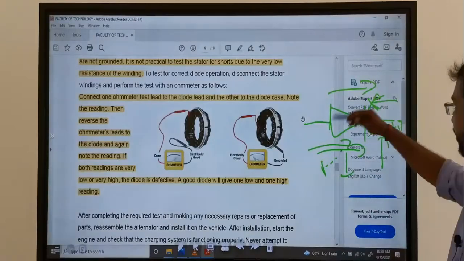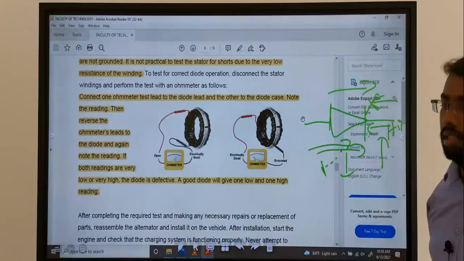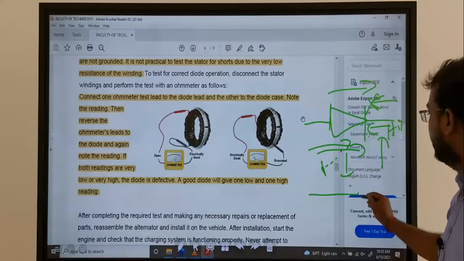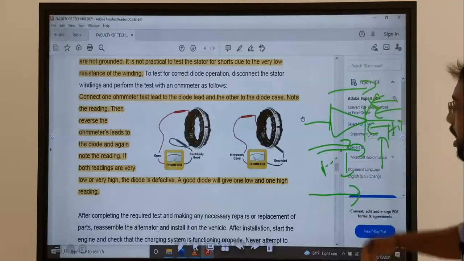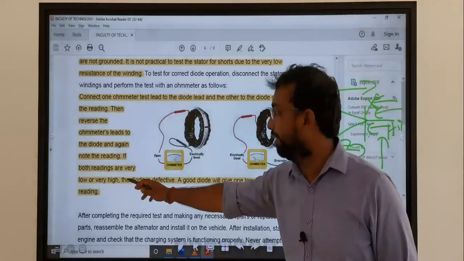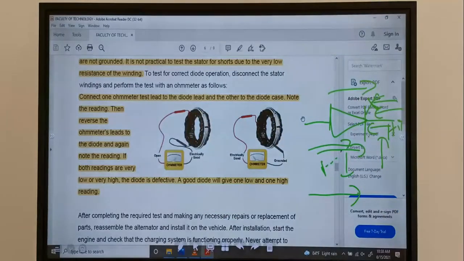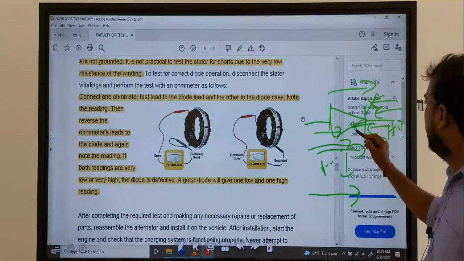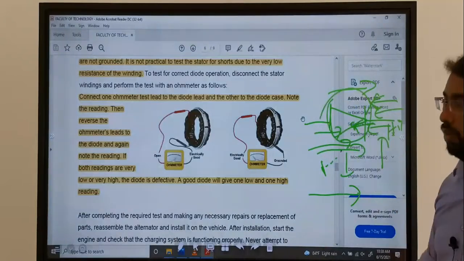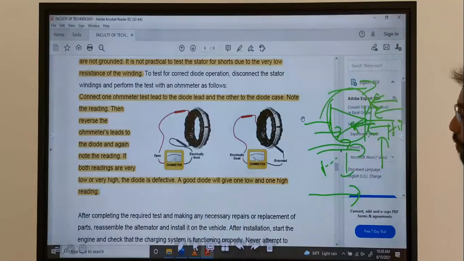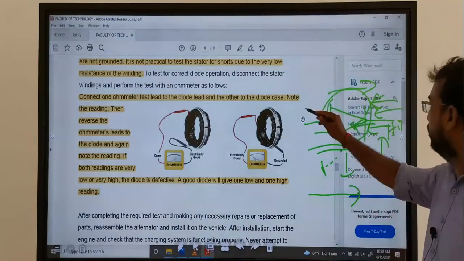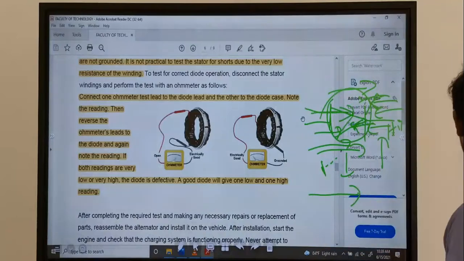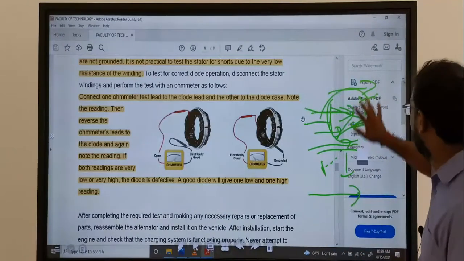So we can change both sides of the ohmmeter. One time we get a low value, this side flows, and the other side the resistance is high. But if each time we get low, that means both sides have no resistance, so this diode is worn out. If always high, there is a problem in this circuit because the current cannot flow in both directions. So one measurement is low, the other measurement is high.